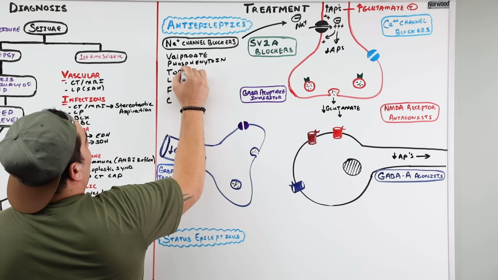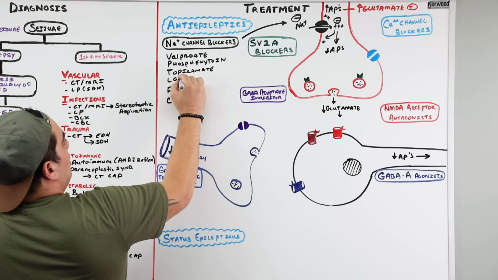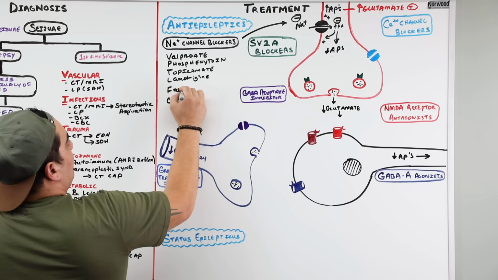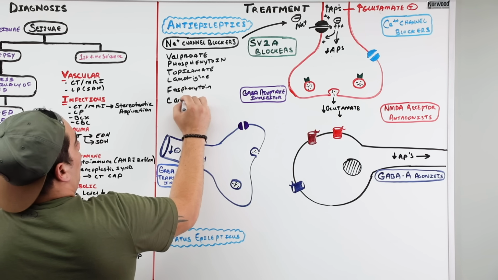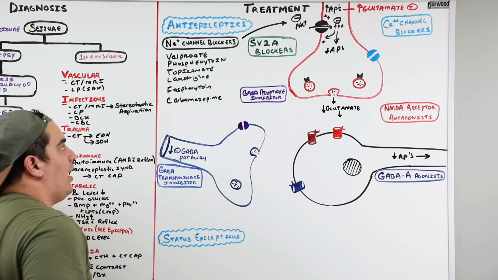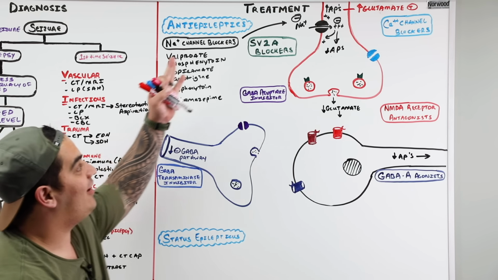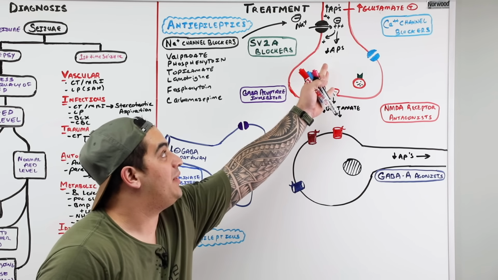T is topiramate. L is lamotrigine. F is phenytoin. And C is carbamazepine. Okay? So, basic concept there, sodium channel blockers inhibit the sodium channels on the glutamatergic neurons, decreases action potentials